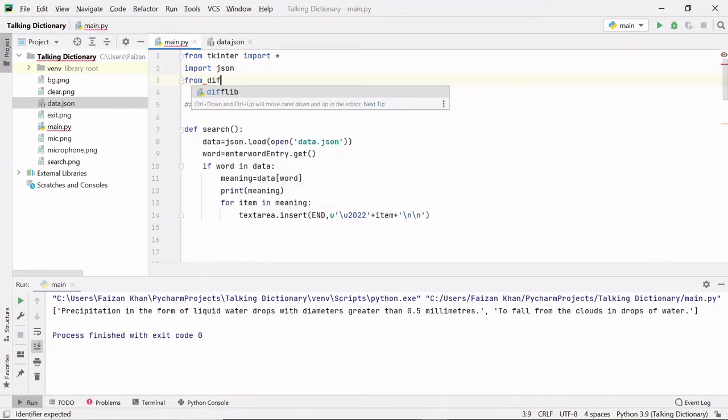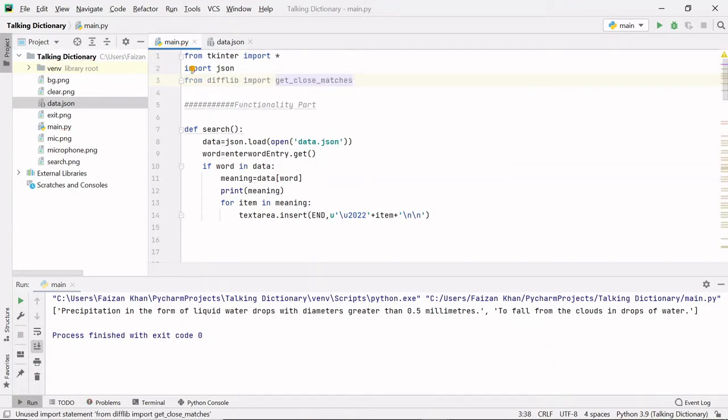This difflib is by default present, it comes with the Python interpreter, so you do not need to install it externally. Okay, from difflib import, we need to import a function which is known as get_close_matches. This is the function name, get_close_matches. What this get_close_matches function basically does is it helps us to get the closest matches.